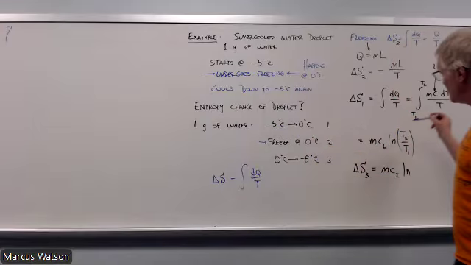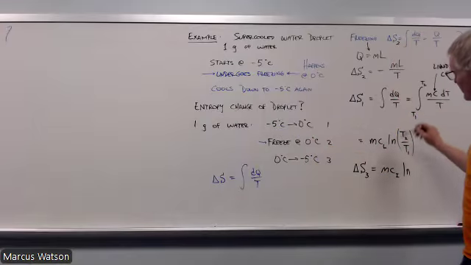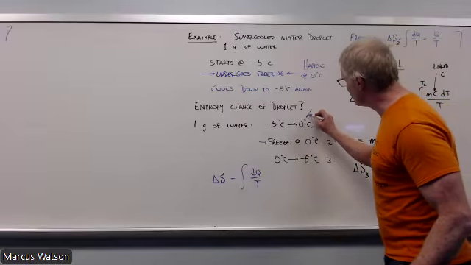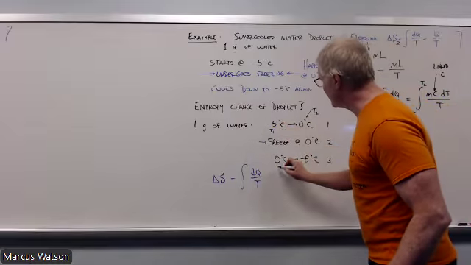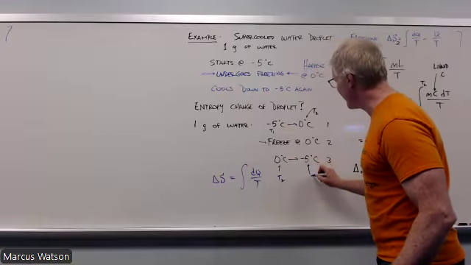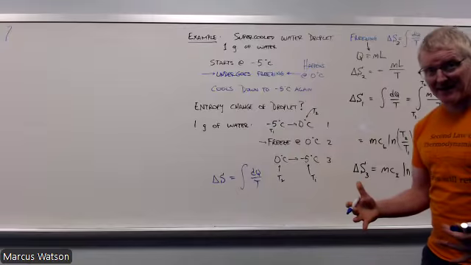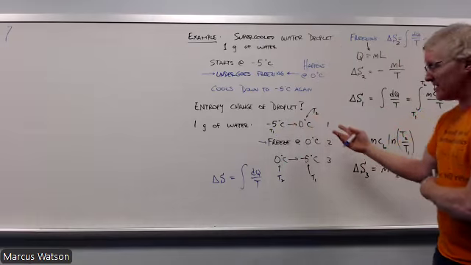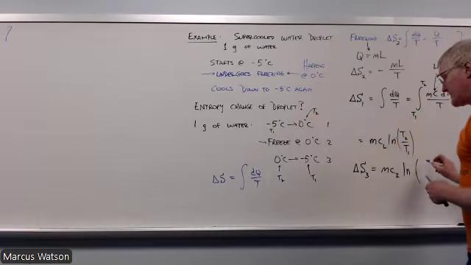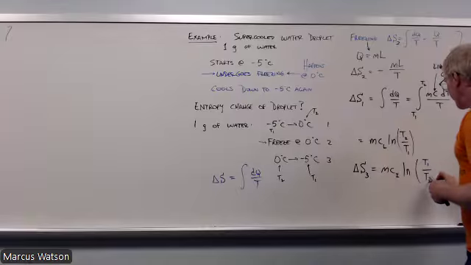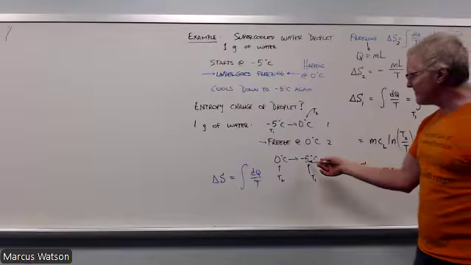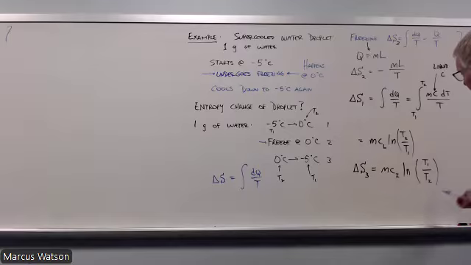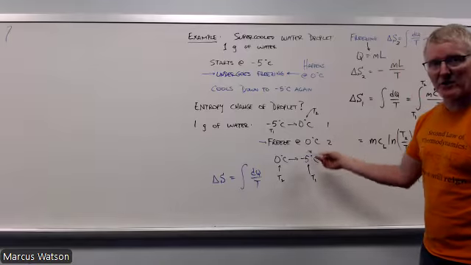So really, if I use the same variables for the numbers here, right? In other words, this is T2 and this is T1. That means in this case, that's T2 and that's T1. If I call them the same thing, I know it's final and initial, but it's going to be flipped because I did it the other way here. Therefore, this is going to be T1 over T2 because I end at the -5 temperature, which is my final, and that should be final divided by initial. So it's final divided by initial, and I call T1 the final.